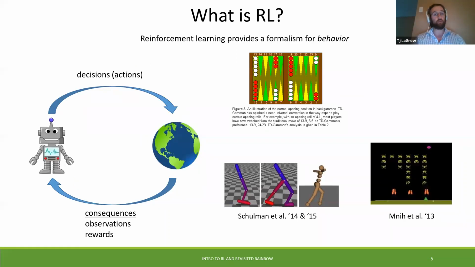It also is a formalism for behavior. A lot of times people use this in games and decision making. So here we have an example of backgammon, where we have an agent learning how to find the optimal action to use in this state. Or we have more of a continuous output where we're trying to have a bipedal walker use both force and physics to figure out what the optimal actions would be given the specific state. Additionally, we have Google DeepMind doing Atari games as well, and that's one of the big leaps that reinforcement learning has had in the last decade.